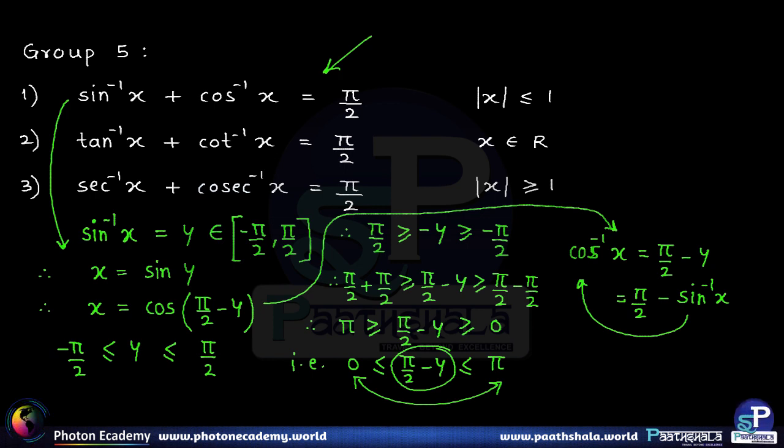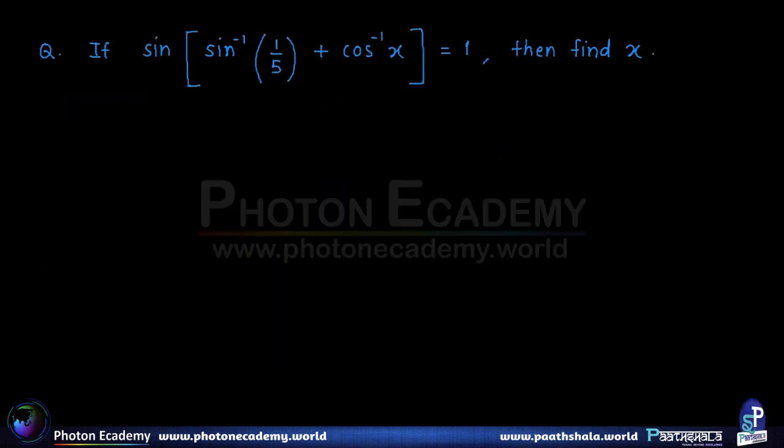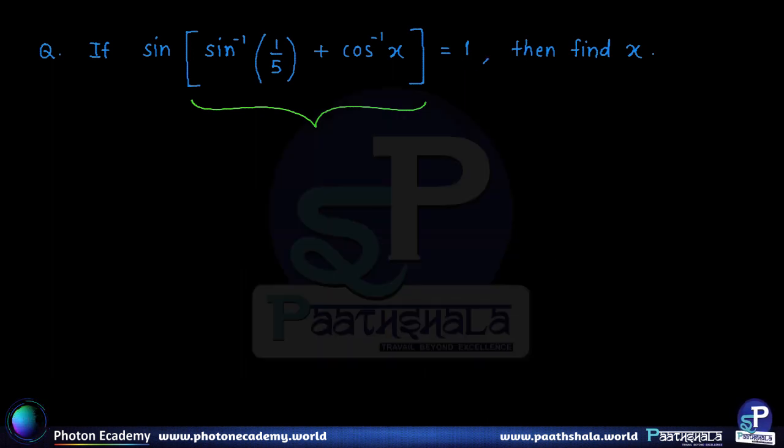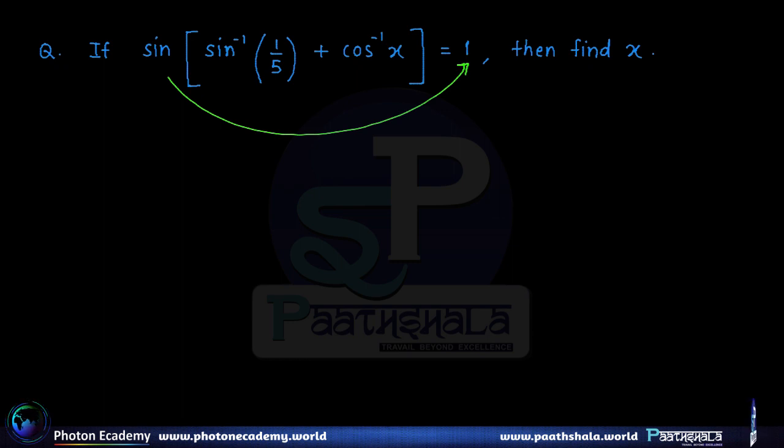Okay. Let us solve one simple sum based on this property. If sin inverse of 1 by 5 plus cos inverse of x is equal to 1, then find the value of x. Now here on a high level, if you observe that sin of something is equal to 1, let's ask the question, so what must be the angle? Right? It must be sin inverse of 1, and that is nothing but pi by 2 or 90 degrees that we know. So therefore we can say that